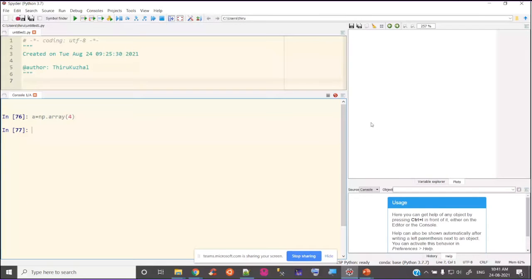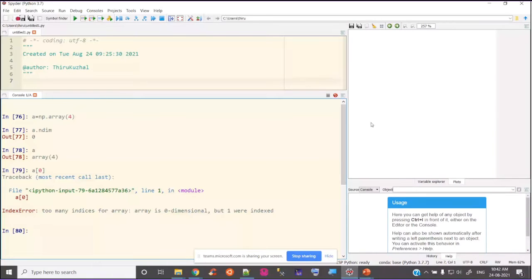What will be that? An n-dimensional... it will be a scalar value. So that's what will be 0, right? So we can access a is 4, a of 0. Because this is not possible, it's a scalar value. So why do I need to index like a of 0? It's not possible. So only the vector, one dimension and two dimension, we can do the indexing. Okay, that's the key point I want to share here. So now the next thing.